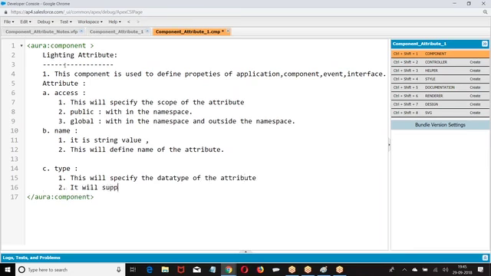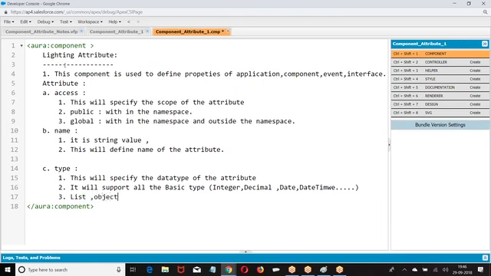It will support all the basic types, and list.